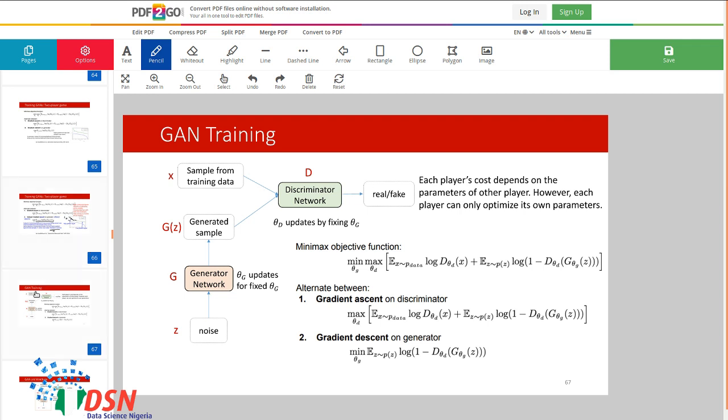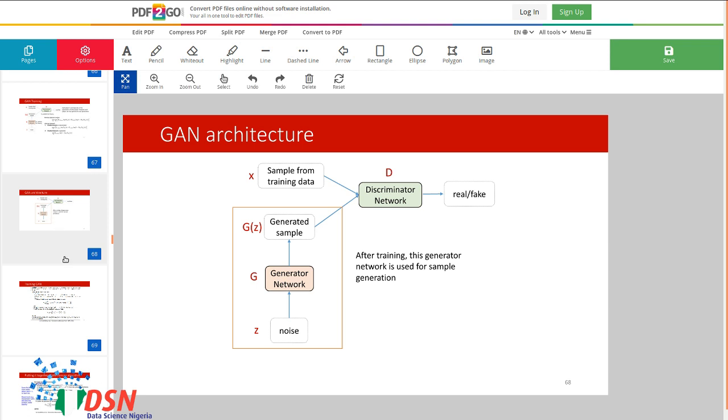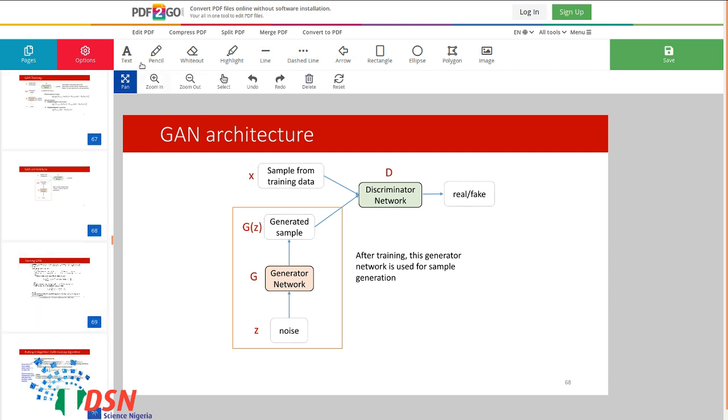Okay. After the training process of the generator and discriminator, our purpose was to generate samples from the input distribution, or from the training distribution.